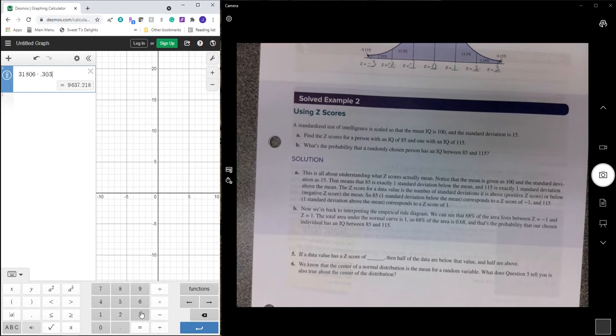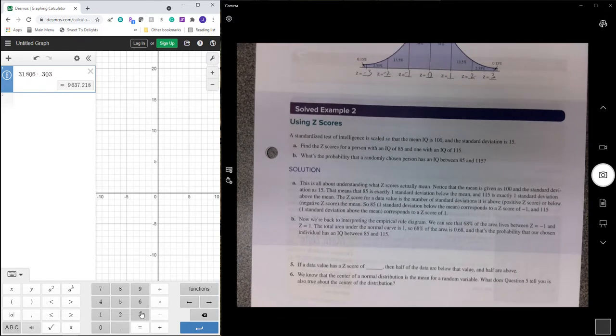And we look here at B. Now we're back to interpreting the empirical rule diagram. We can see that 68% of the area lives between z equal to -1 and z equal to 1. The total area under the normal curve is 1. So 68% of the area is 0.68, and that's the probability that our chosen individual has an IQ between 85